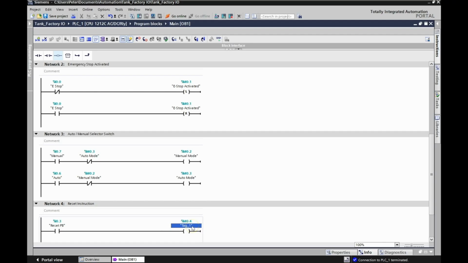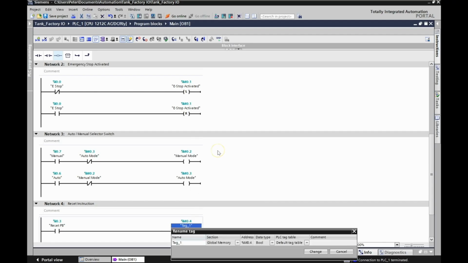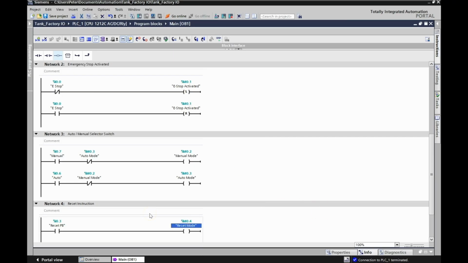Okay, and then I'm going to right click on this, go to rename the tag, and we'll rename this reset mode. Beauty. Again, anytime we want to reset things in our program, we're going to make use of this memory bit to do that now. So we don't have to worry about this push button anymore. This push button will hit this memory bit, and it will turn this on and then control other things